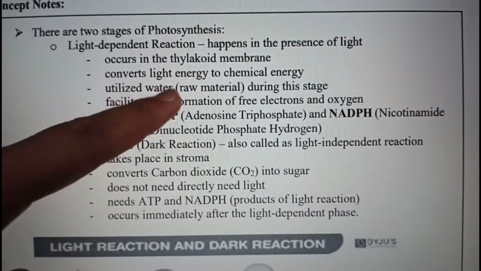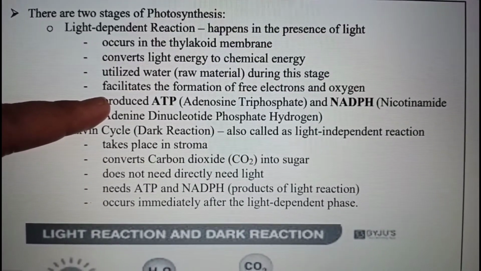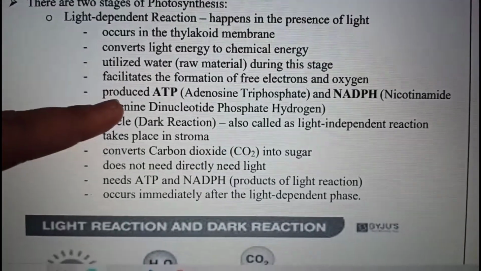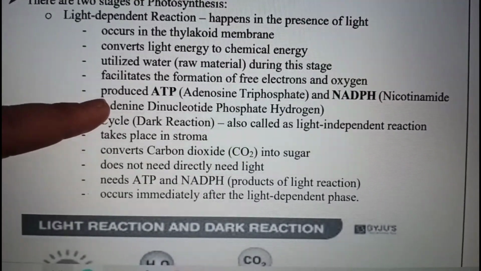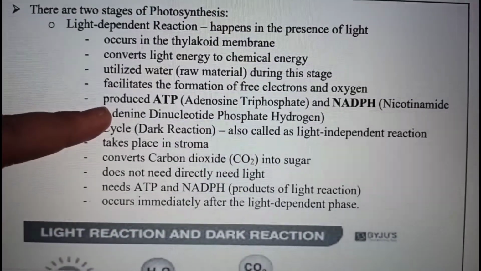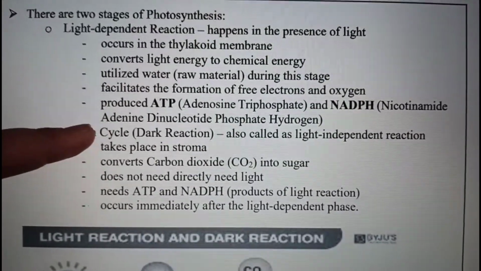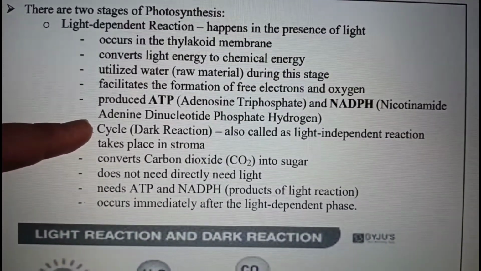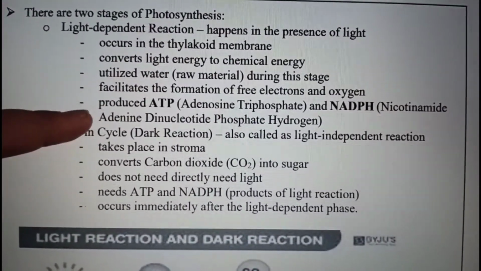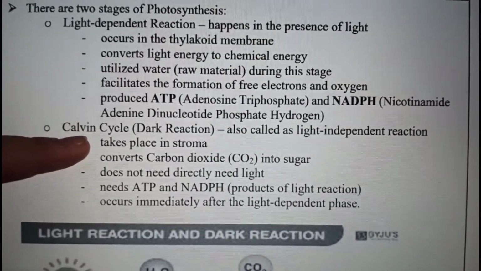which utilizes water during this stage. It facilitates the formation of free electrons and oxygen. And during the light dependent reaction, it produces ATP, adenosine triphosphate, and NADPH, nicotinamide adenine dinucleotide phosphate hydrogen. So what is produced during the light dependent reaction is being used during the dark reaction